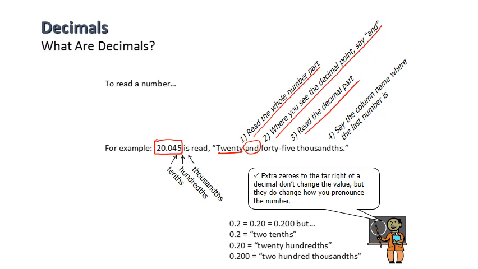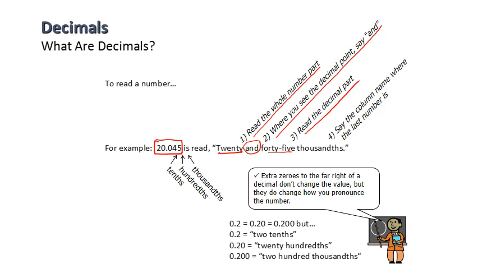Now you read the decimal part as it is. For example, here what do I have? I have 45. But don't forget to say the place value where the last number is. The last number is in the thousandths. So I follow 45 with thousandths. Okay, so for example,